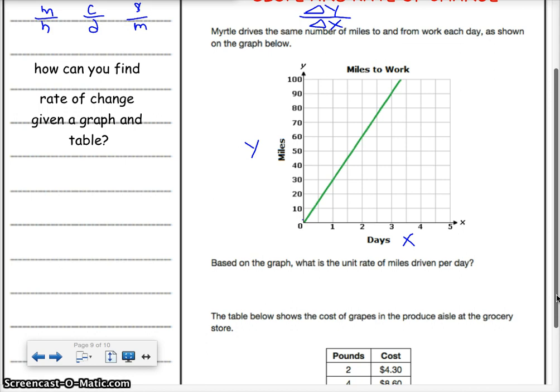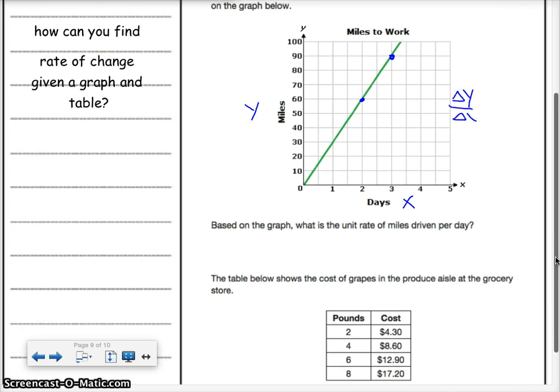Okay? So pick two perfect points on the graph. Found it. You don't have to pick those exact ones. Actually, just so you know, you don't have to. I'm just going to pick something different. I'm going to pick this one, and I'm going to pick this one. It does not matter. What matters is it's two perfect points. Now, analyze slope. Slope is change in y